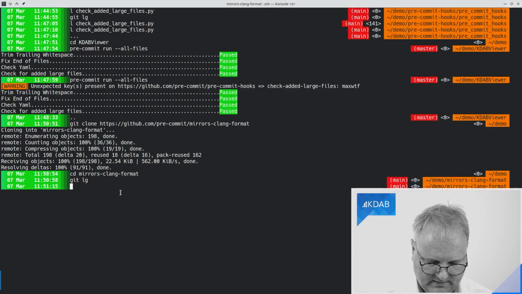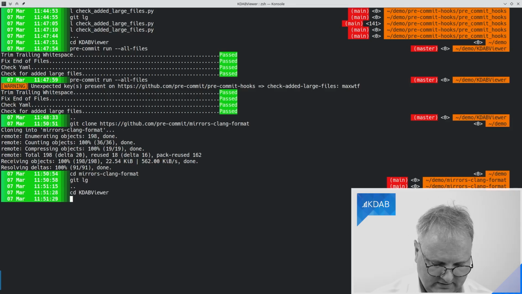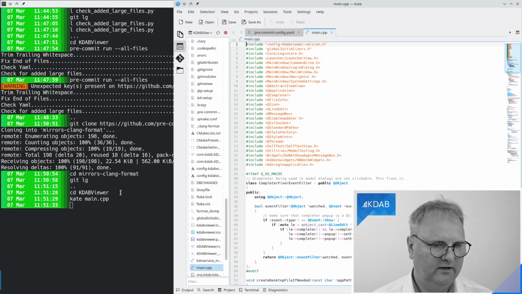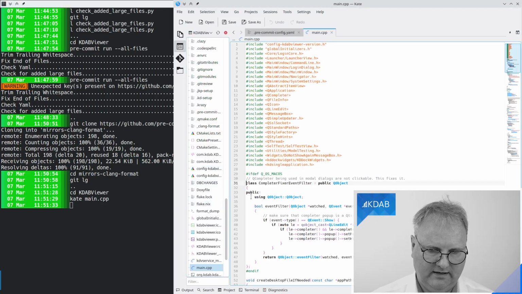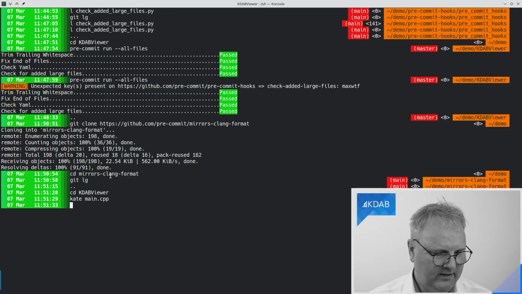And let's change something in main.cpp so we can actually see it working. I should be back in my AWR here. Let's just add a bit of space here. There we are.